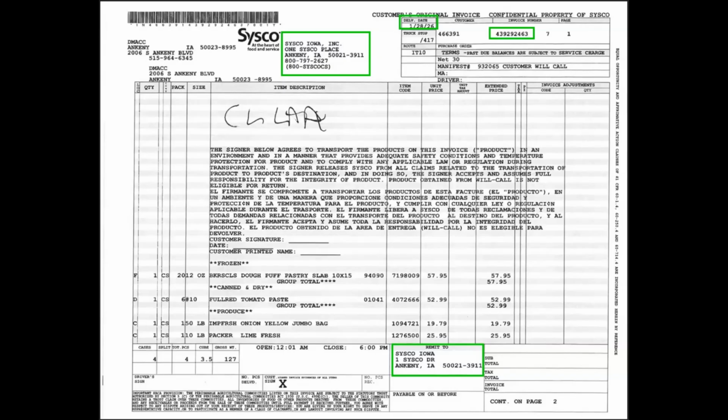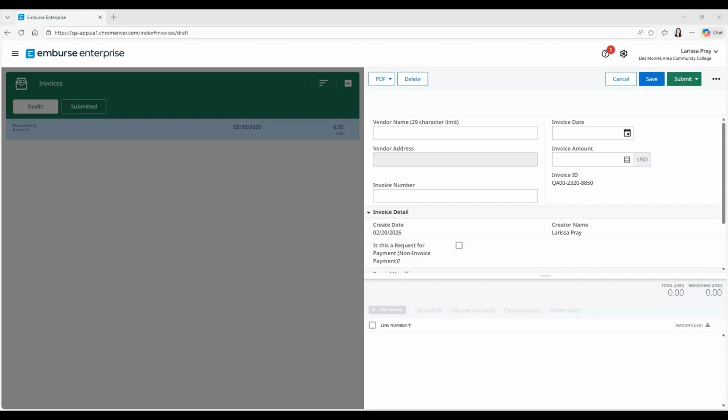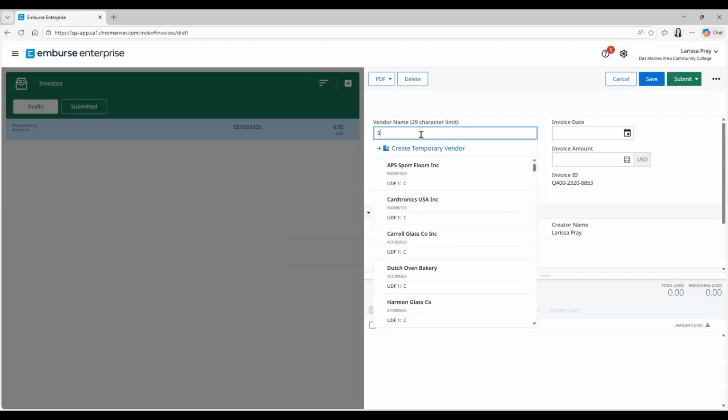Taking a look at this invoice, this is Cisco Food Services of Iowa. This one is for $164.27. So the culinary department does pay Cisco quite often. And in order to bypass having to enter all this information each and every time, we can use Prior Invoice, but it does require that we do put in this invoice at least once so that we can copy this invoice in the future. So I'm going to plug in the information from the invoice, such as the vendor name, address, invoice date, number, amount,